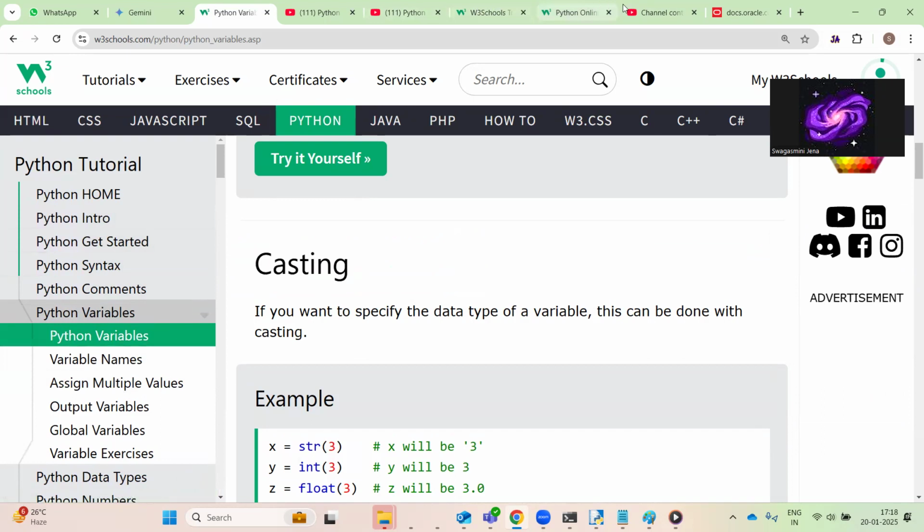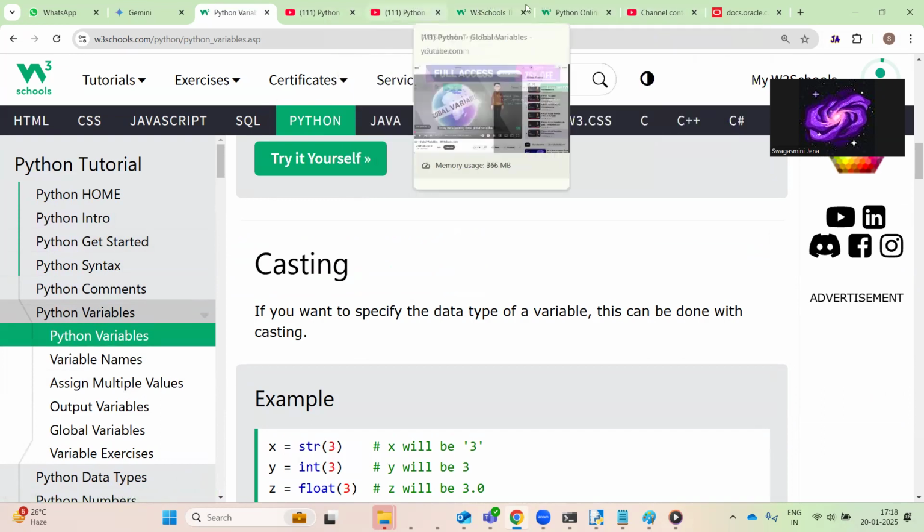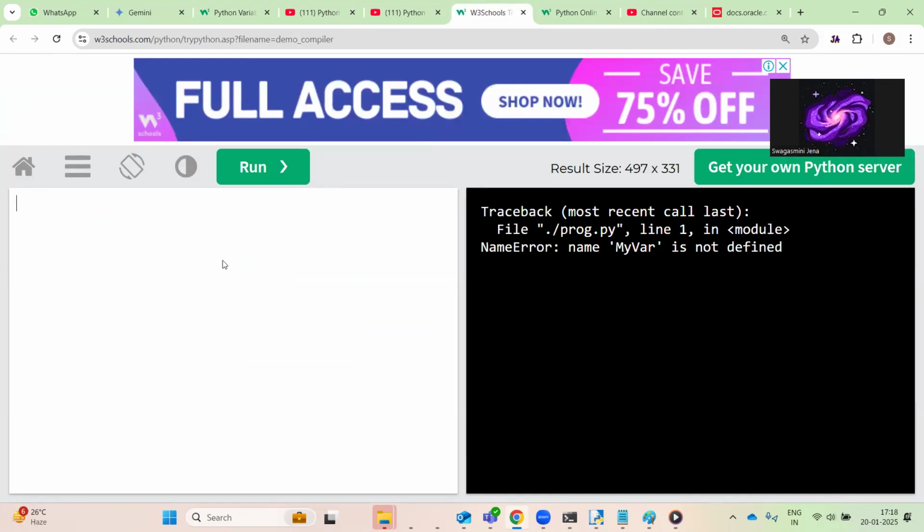So here I'm going to start with something. Let us assume that a is equal to some value. I'm going to declare certain variables and we have to see how we can print those variables, how we can reinitialize those variables, and how we can declare multiple variables in a single line. So I'm going to print these values along with three lines and see how it is going to work for me.